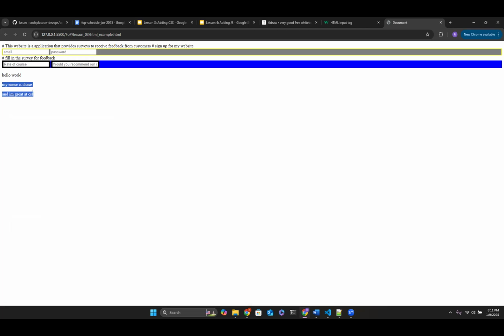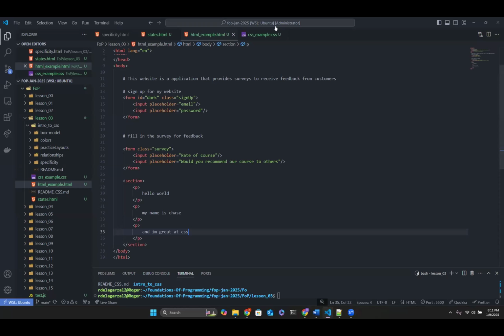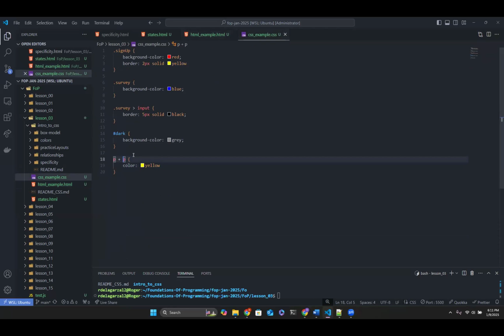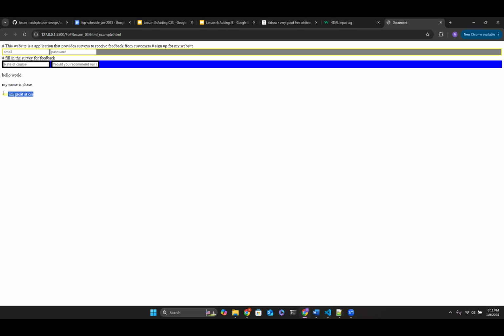So these get formatted as well. And it'll keep doing that the more I add, right? But if we do P plus P plus P, it's only going to format a paragraph that comes after a paragraph that came after a paragraph, and now it should only format the third one. Right? Does that make sense? Yeah.